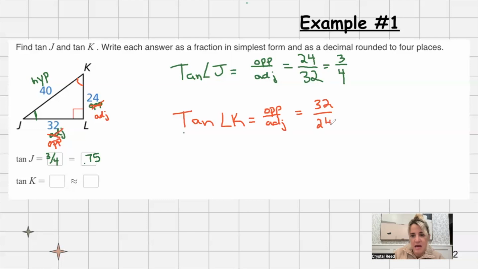So we can reduce that as 4/3. So it's really just the reciprocal, 4/3. So we've got 4/3, and that is a decimal, 4 divided by 3, 1.33 repeating. So it's just the ratio. This is not solving for anything. This is just getting us set up to be able to solve, just remembering how to find those